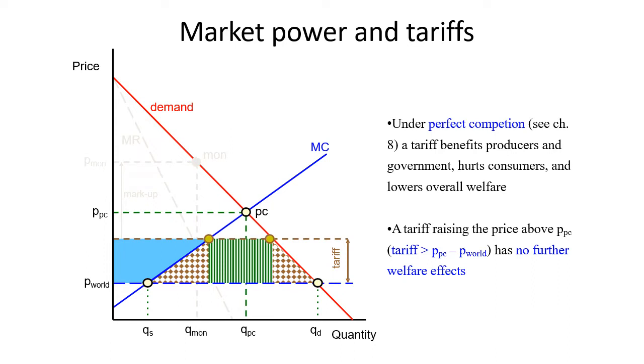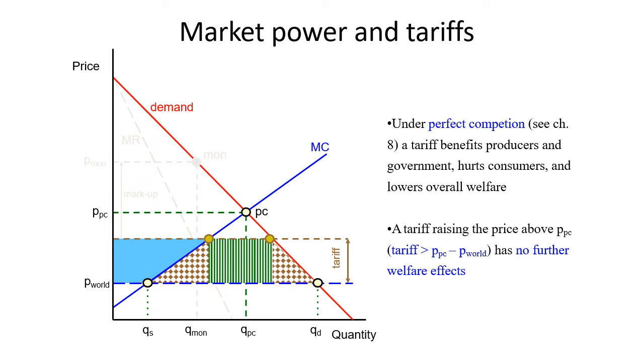So there's now excess demand, and that excess demand is met through the imports that we as a country will purchase from overseas. In the end, what that means is we have an increase in consumer surplus and a decrease in producer surplus when we are moving from